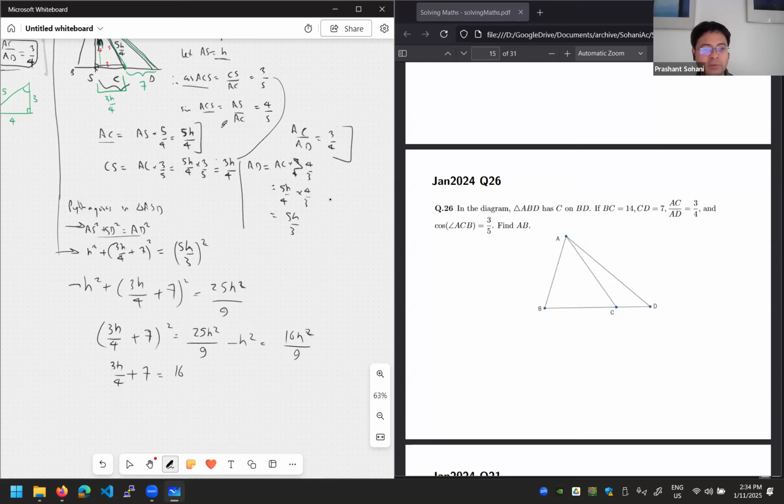In general, whenever you're taking the square root, you have to be careful about whether you are taking the positive or the negative square root. But in this case, because everything is positive on both the left and right hand side, it is safe to assume that it has to be the positive square root. And from this we can get the value of h. If I multiply everything by 12, I will get